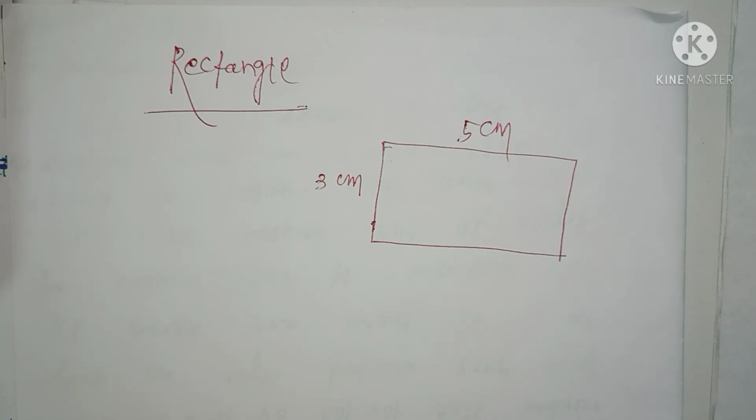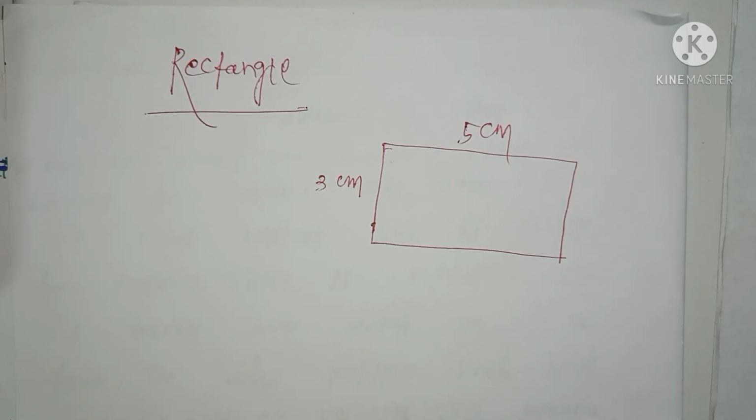Then you will take one measurement, that 1 centimeter or 1 meter. You will take that unit. Then how many squares will be there? Then you will calculate. But it is very difficult for us to find out. Yes or no? For that reason, we need a specific figure like a rectangle, square, triangle, or circular figure. We first find out which type of figure it is. According to that figure, we can easily find out the area of that particular figure.